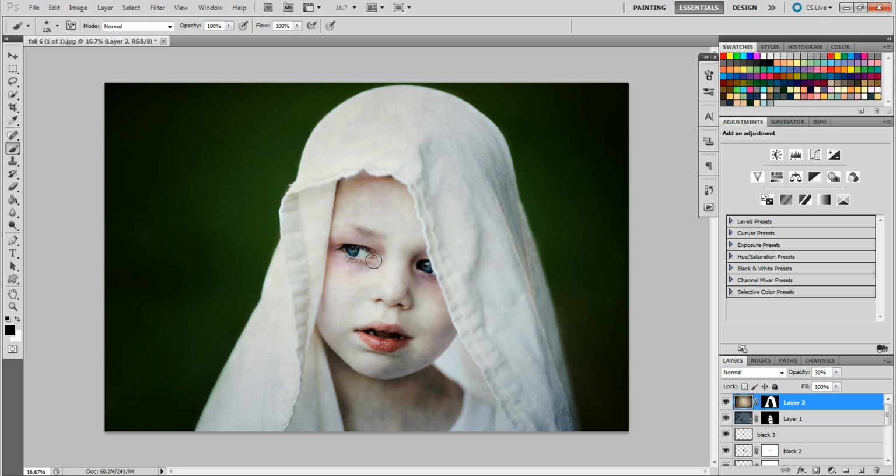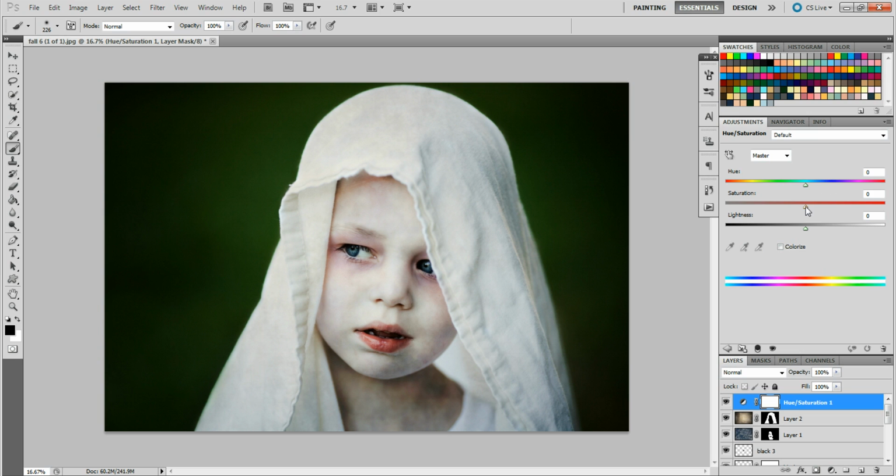Now I'm only going to show you how to do that on this eye over here, because in this picture it's really hard to pull that effect off because his eyelashes are so long, they cover over his eye, and then over here we've got this big dark spot which can kind of ruin the effect a little bit. So before we go in and do that, the first thing I want to do,